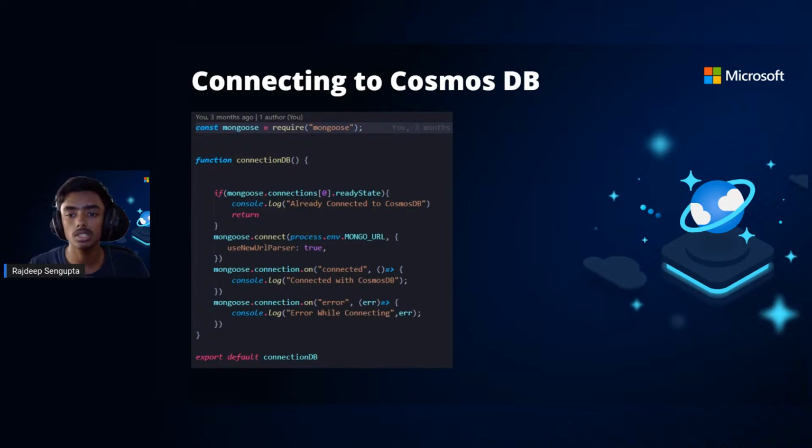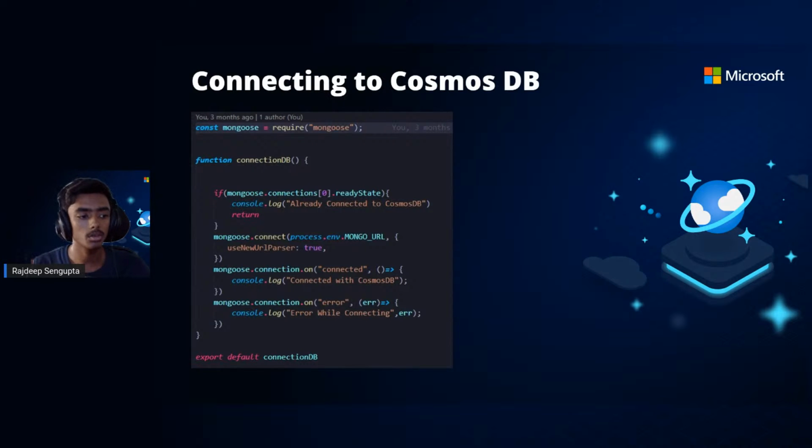Then if that user is not connected, I'm simply using the mongoose.connect function with the Mongo URL. And I've put the Mongo URL in the env file, because this is something you don't want to expose publicly. From there it's going to connect to the database.